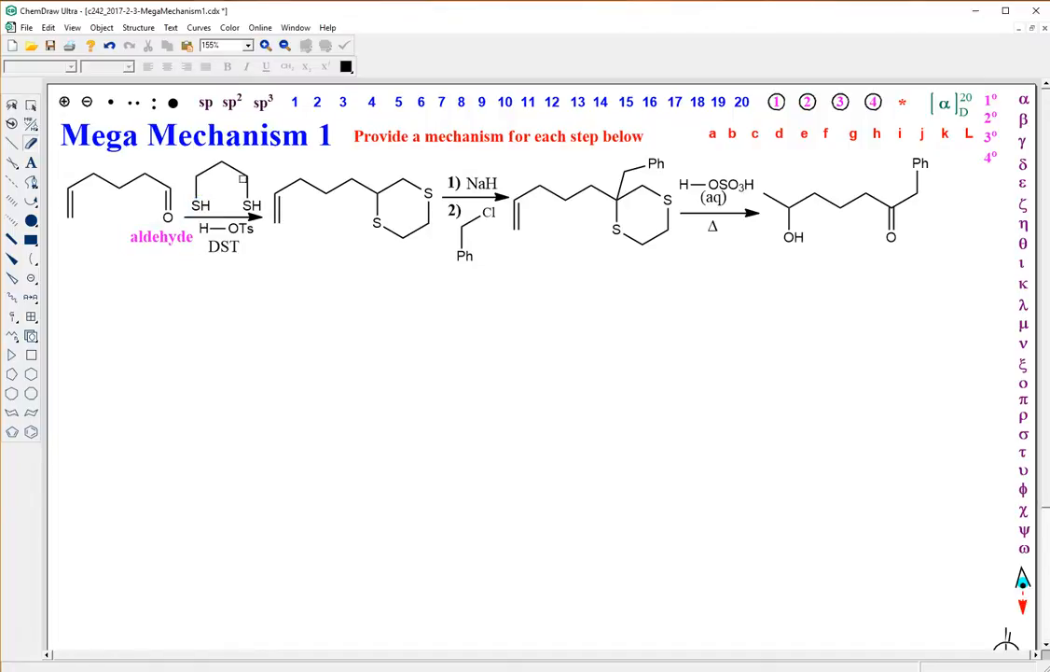reacting it with a dithiol in the presence of toluene sulfonic acid using a Dean-Stark trap, which I would like to remind you assists all condensation reactions, in particular the dehydration step. You are making a thioacetal, also known as a dithiane,